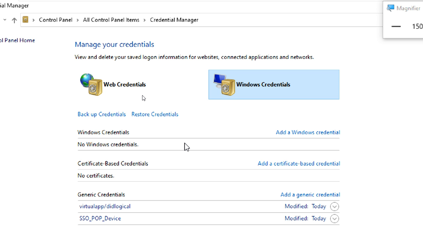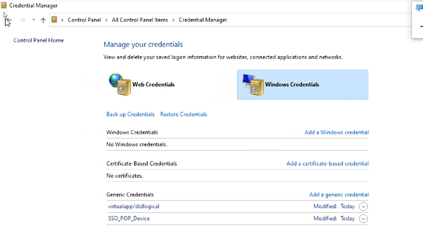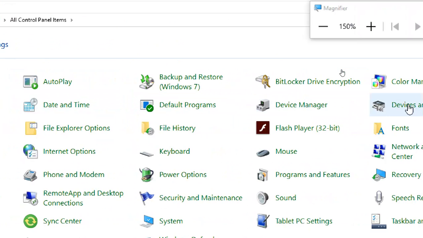It protects your system and applications from other third-party applications, including web credentials and email accounts. You can store them here.